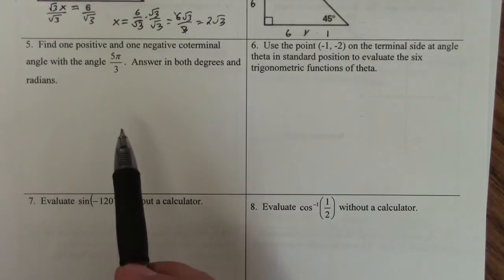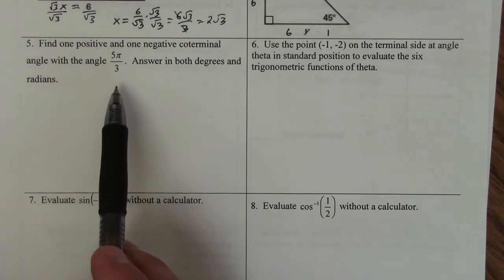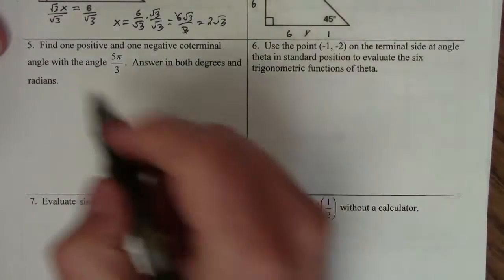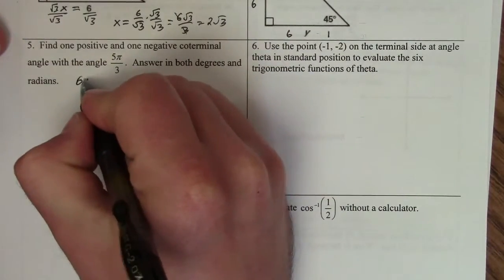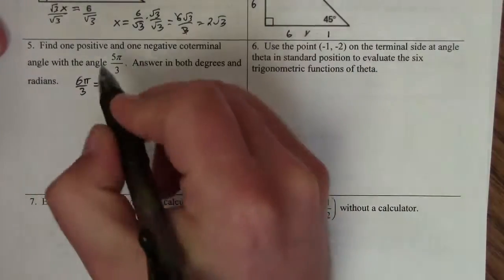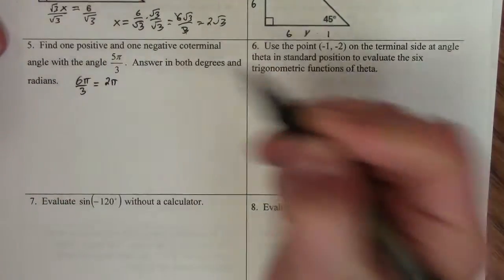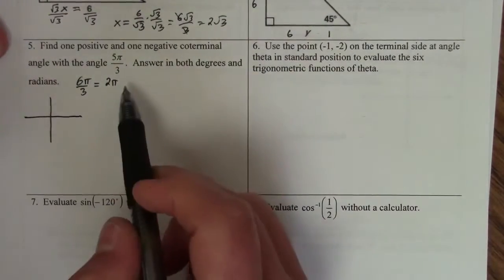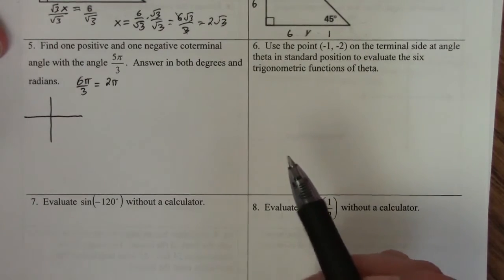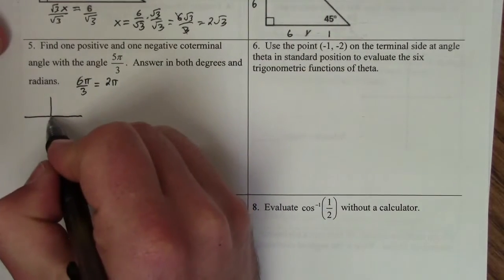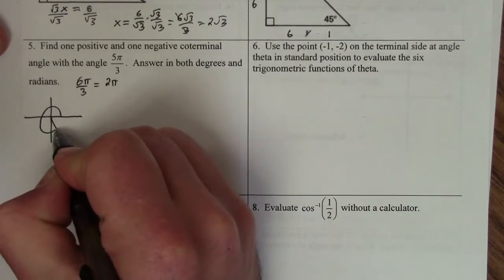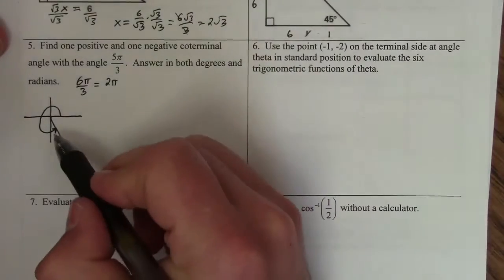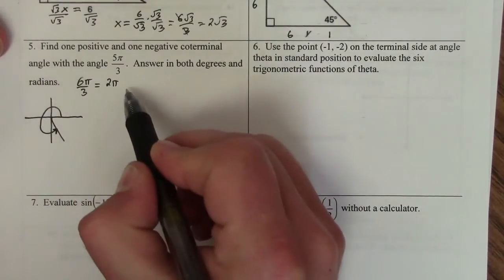On problem 5, we have to find a positive and negative coterminal angle with 5 pi over 3. One thing to note here is that 6 pi over 3, when you reduce it, equals 2 pi, which is a full rotation. So 5 pi over 3 would be about this much. If you go another pi over 3, you'd be at 6 pi over 3, and that would be 2 pi,